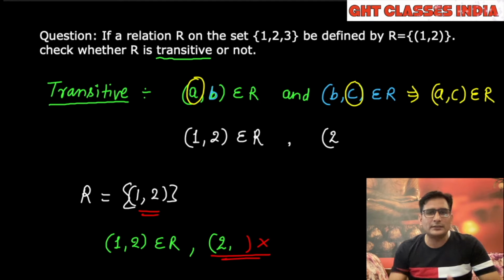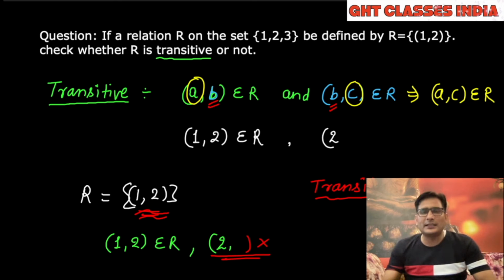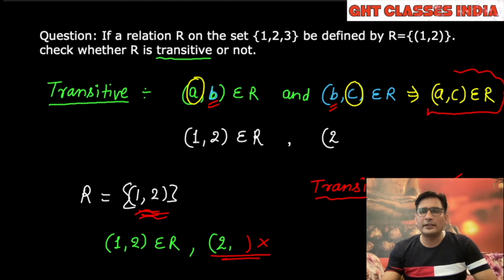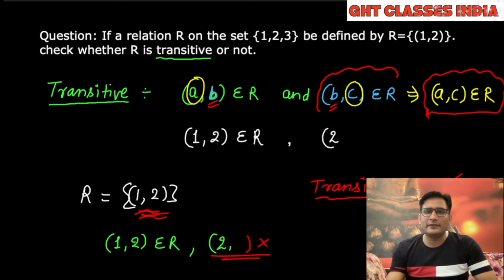So in this type of situation, if no element starts with b, then we conclude that the relation is transitive. If no pair can be formed in the relation, we cannot check further. (1, 2) is here, and no element starts with 2. In that type of special case we come to the conclusion that this relation is transitive, so we call it transitive without any checking of (a, c). We cannot check (a, c) here because (b, c) is not available. There is only a single element available in this relation, right?